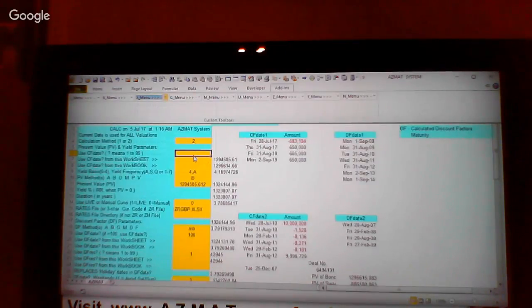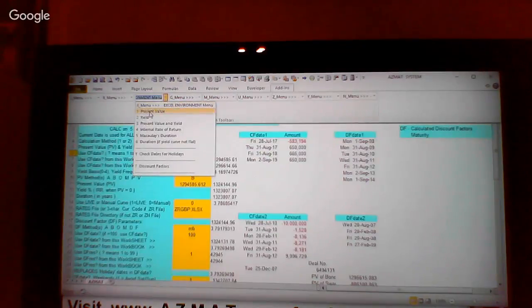So if there is no cash flow area defined here, by a number here, it's expecting a number between 1 and 99. If you do not have anything, then it will prompt you to specify where the cash flow date is, the source. And that source could be on another file, which does not need to be even an Excel file. Right? So for example, at that particular point, if I start here, if I say calculate present value and yield, for example,